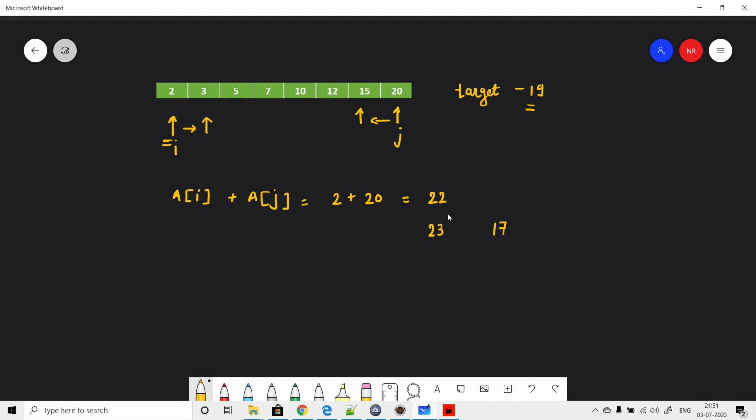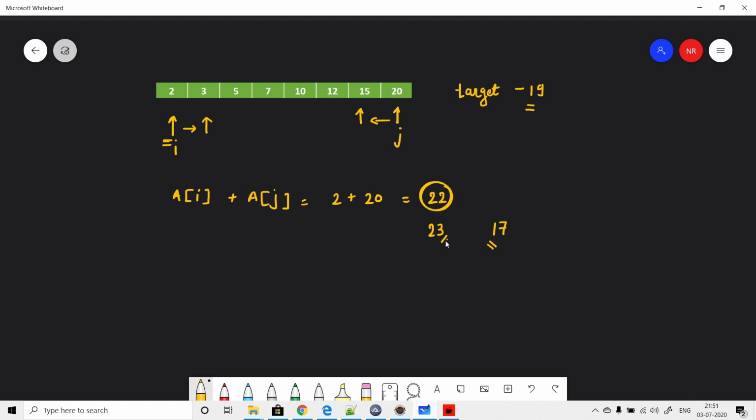So two things we got from here. If I move my left pointer, I get a higher sum, that means compared to the previous result, my next result will be higher. When I move my right pointer to the left-hand side, I get a lesser number, that means compared to the previous result, my current result is lower.